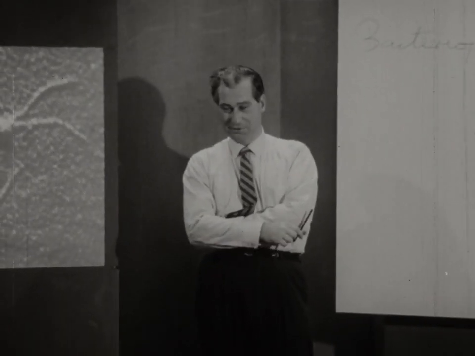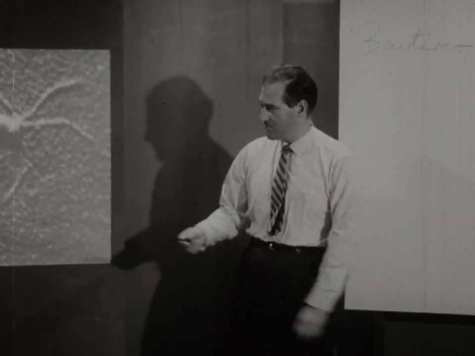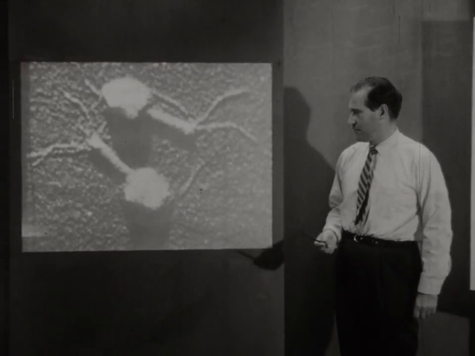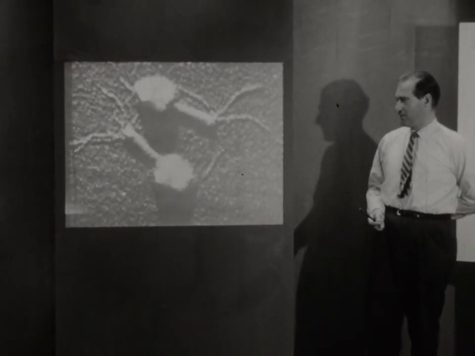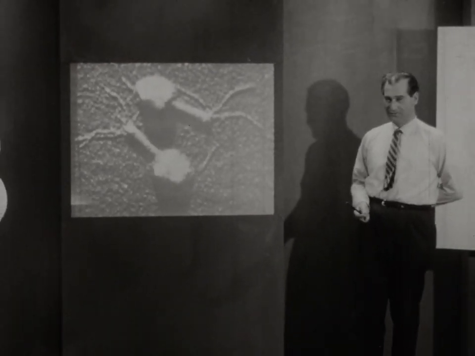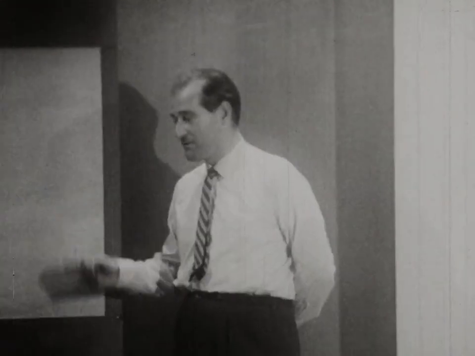These viruses can be photographed in an electron microscope, and here we have an electron microphotograph of a particular bacterial virus, the virus T2, which infects the coli bacterium inhabiting the human intestine. You can see the heads and you can see the tails quite clearly. The size of this organism is about 1/100,000th of an inch, which will give you an idea of the magnification of this picture.